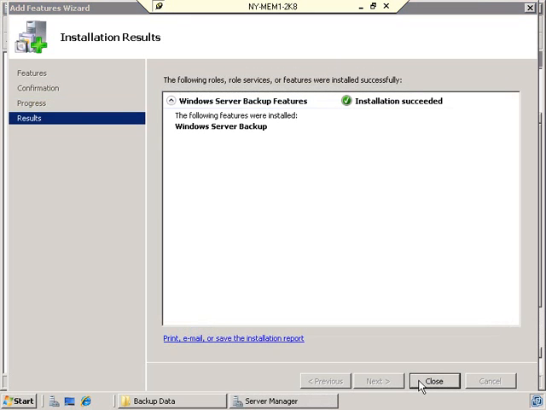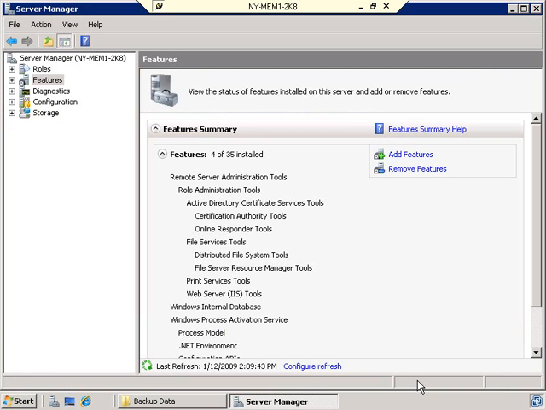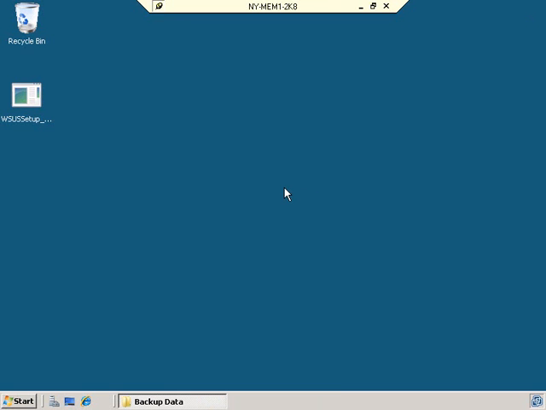Okay, well, as you can see here, the installation has succeeded, so I'm going to go ahead and click Close, and go ahead and close the Server Manager. Now, one thing that I need to emphasize here is that there has been a dramatic change from prior versions